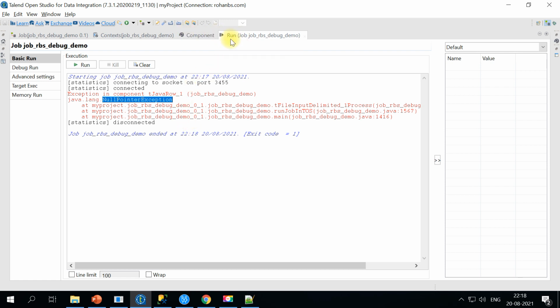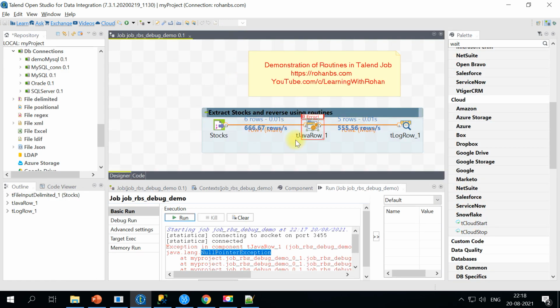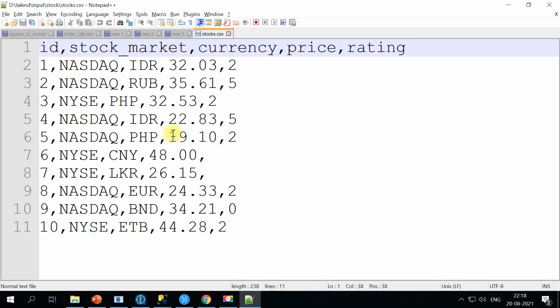So here in this use case, it is only one or two components, and hardly there are 10 records in this input file. But in your case, maybe there are thousands of records in which there are null pointer issues, bad character issues, or even special characters in the file. For all these things, it will be really helpful. What I'm using here is just a null pointer one. So here is the null data. There's no value for rating here.